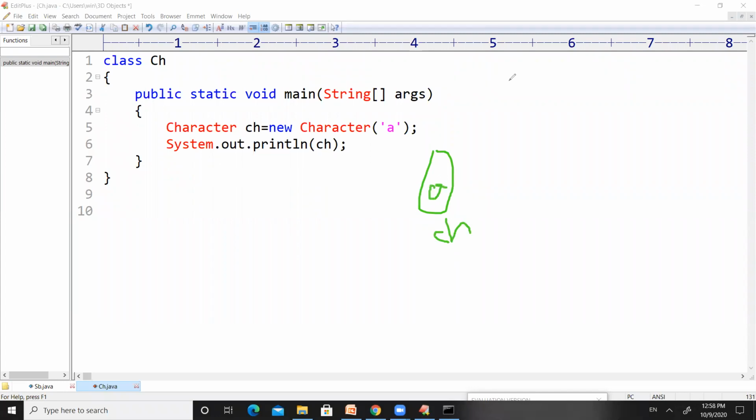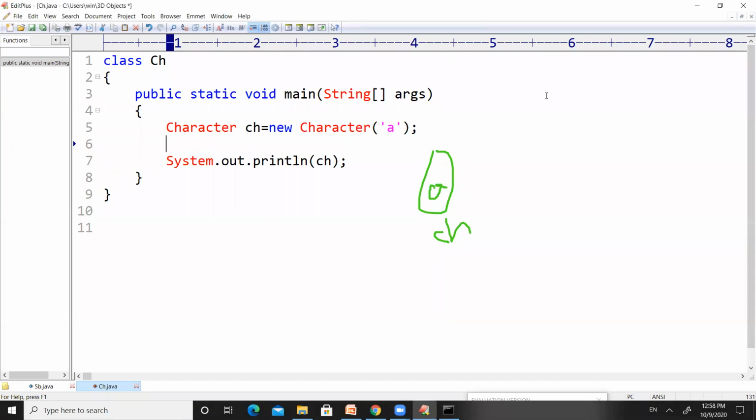Now, if I try to modify ch equal to B, this space will be changed to B, and no new space is created in the case of the Character class. The changes will be performed in the same space. That is why this Character class is called an immutable class, right?